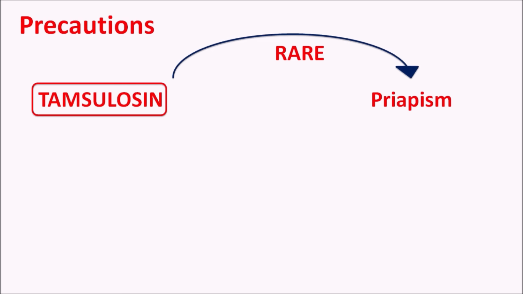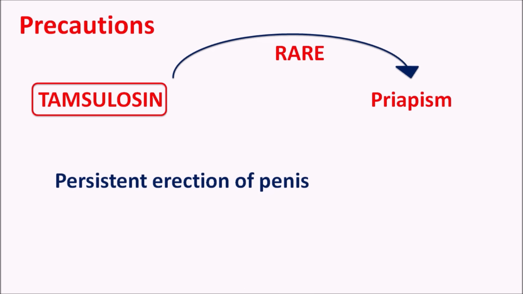In this condition, there is a persistent erection of the penis for greater than 4 hours without any relation to intercourse or sexual interaction. Because of this prolonged erection, it may result in painful erection in the patients. Even though this is a rare condition observed with tamsulosin, if it is observed, care should be taken, because if untreated, it may lead to